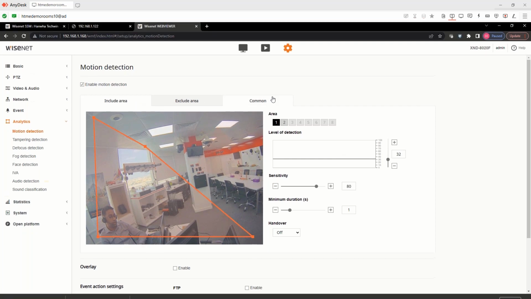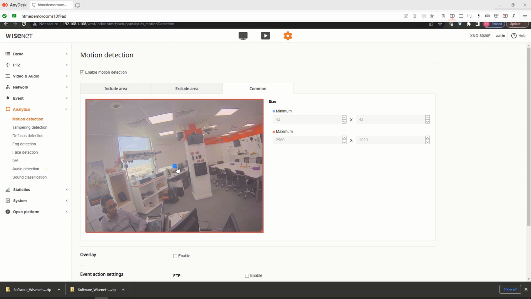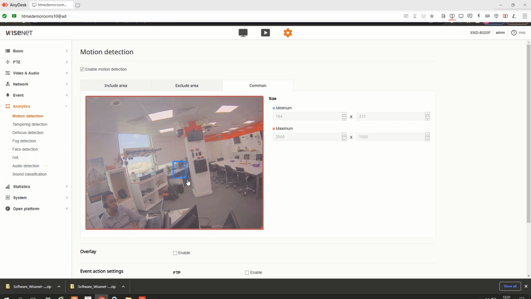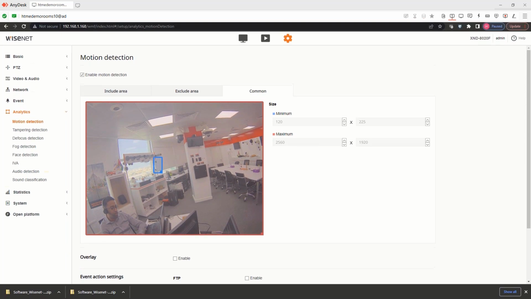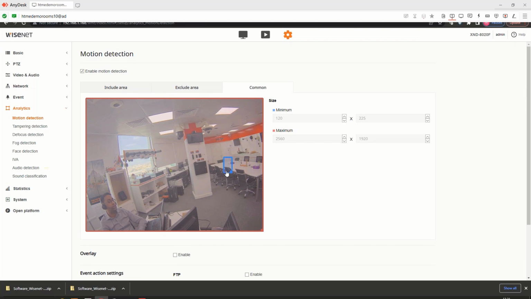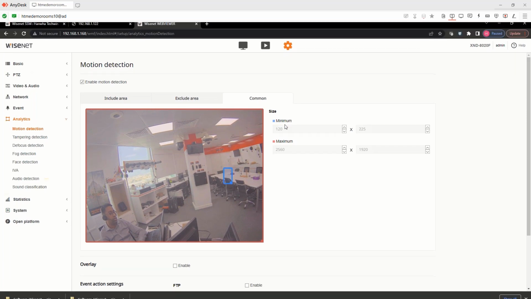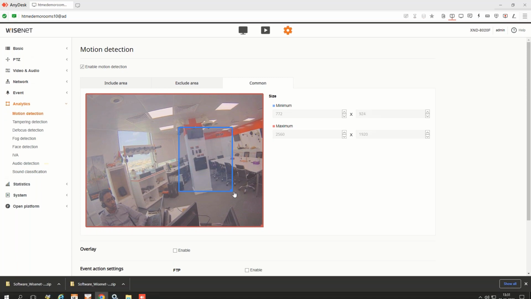Then common setting, if you want to detect even the smallest object, make it small. If you want to detect sizable objects, maybe if you don't care about leaves and moving cats and dogs, so make it slightly bigger, so small objects will be ignored. Okay, people get confused, they think it will only detect in this area. It's not like that. It is just to check the size. You see here size, minimum size to detect. So right now my hand is moving, my hand is of a certain size. But if I make the size of detection very high